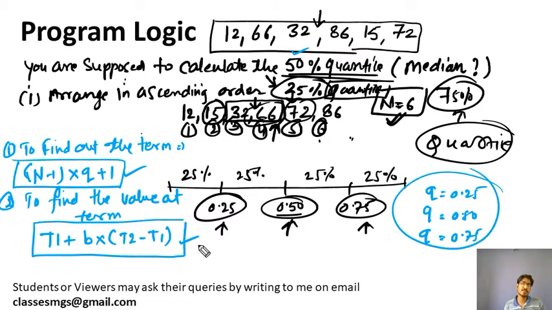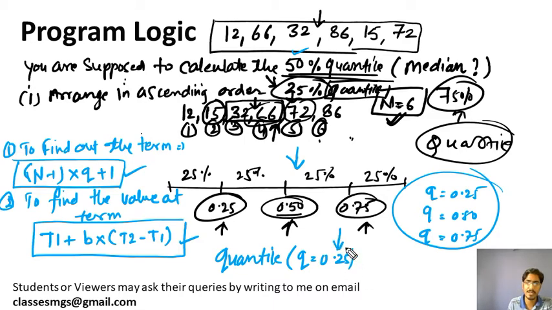Now that was the process we need to do to calculate the quantile. The pandas Series data structure already provides a method to calculate the quantile very easily, by applying the method quantile, and we will just pass the value q equals 0.25 to calculate the 25th quantile. We will pass q equals 0.50 to calculate the 50% quantile or 50th quantile, or q equals 0.75 if you want to calculate the 75th quantile. It is very easy to calculate using this function.